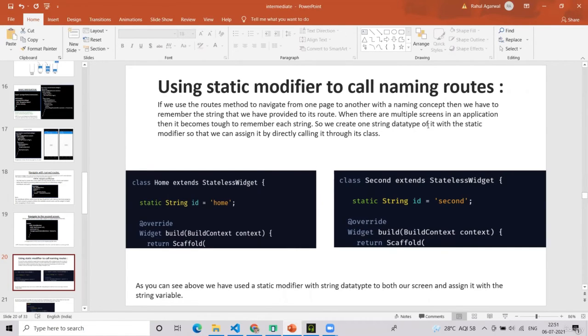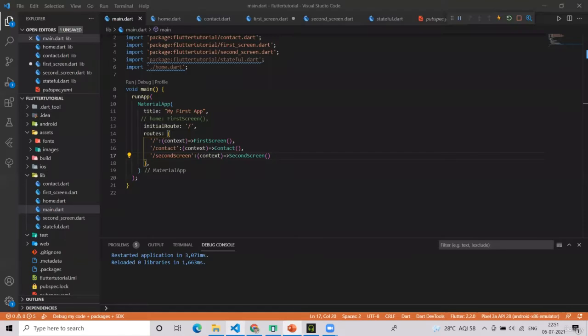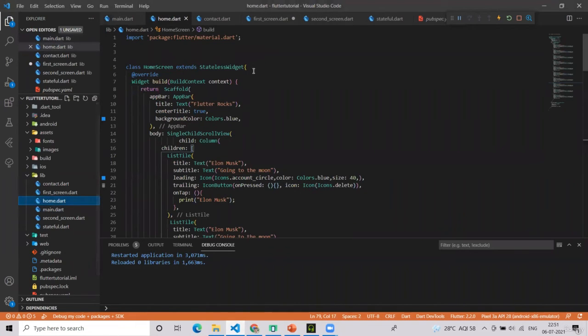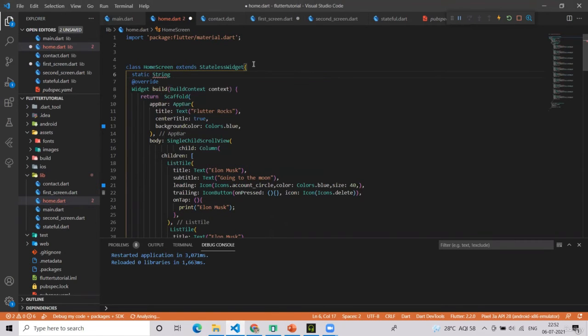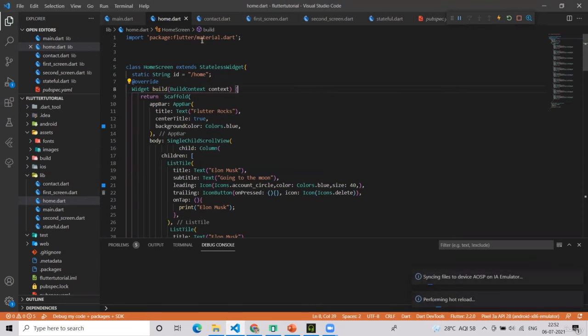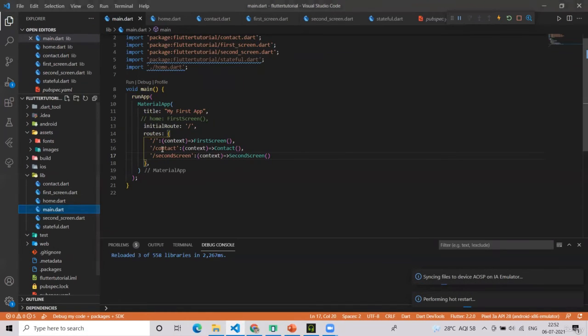So we create one string data type of it with the static modifier so that we can assign it directly, calling it through its class, which simply means we are using a static variable inside our stateless widget and give it a name like this home. We will simply write static String id is equal to home, like this. Okay, and then in the main.dart file,